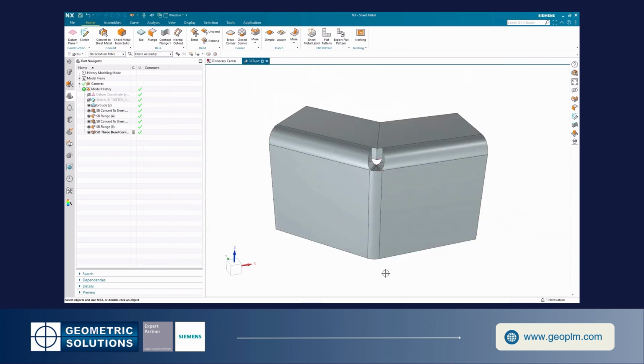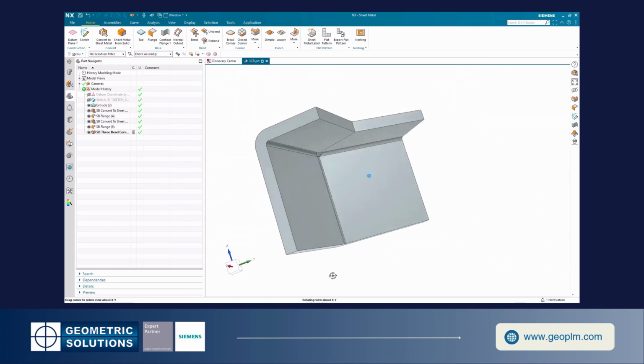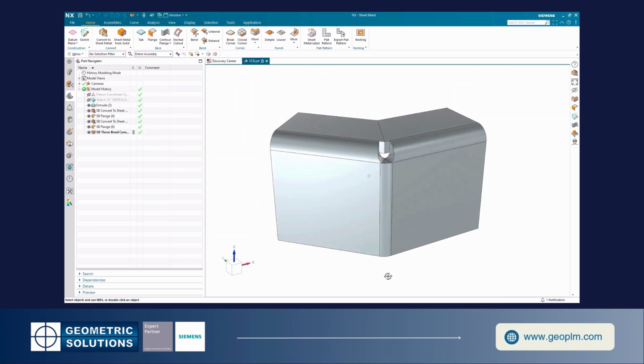In conclusion, in this video, we've reviewed the 3-bend corner command and the value it provides for sheet metal corner treatment scenarios. We started off by looking at the open treatment option, focusing on gap distance and viewing our results. After that, we investigated closed treatments and the miter corner transitions. And finally, we wrapped up by looking at the circular, U, and V cutout